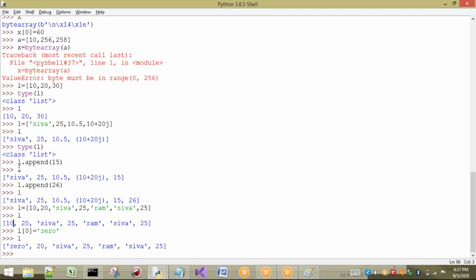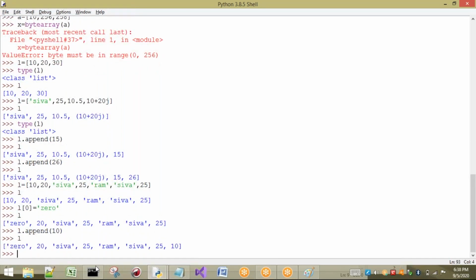Okay, next concept is, first initially what is the size of L I have taken here, for example here. So 1 2 3 4 5 6 7, total elements are 7. Now I want to insert some more elements here. Let us try. I can insert or not. Let us see. Append. By using append, what happens here? I am inserting 10 here, for example. What is the size now? First check 1 2 3 4 5 6 7. Now let us check the size of L. Now see 1 2 3 4 5 6 7 8.